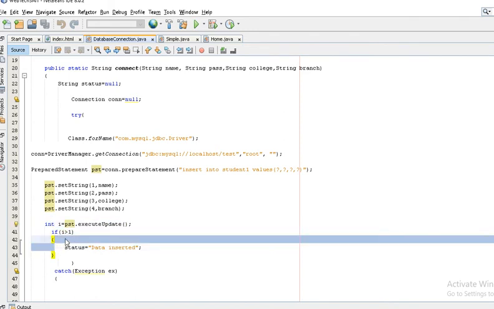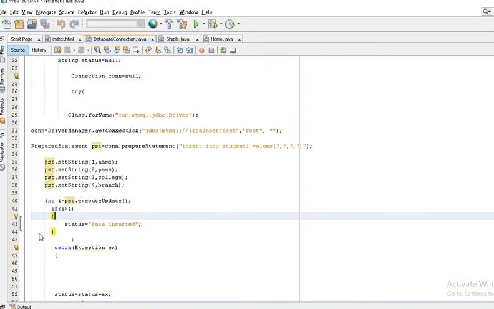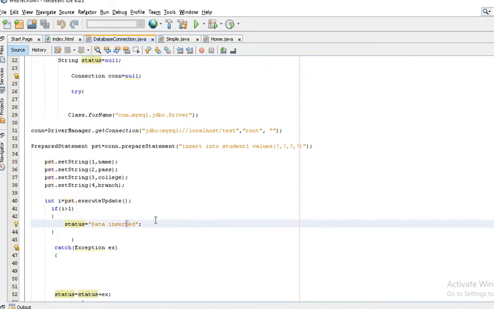If the value is greater than 1, it returns some positive value. In that case, this is the status: the data will be inserted successfully. I just took the status string and put some string in it, so that we get the confirmation on the page.